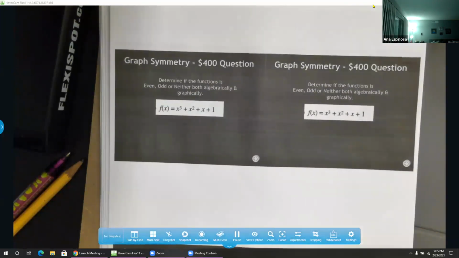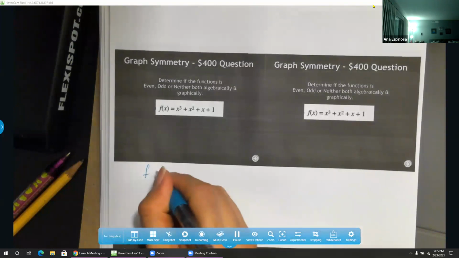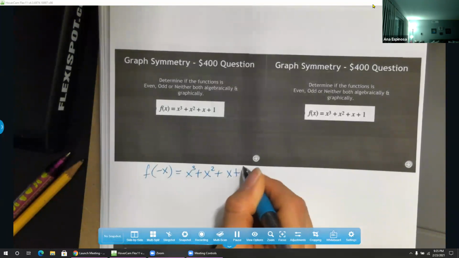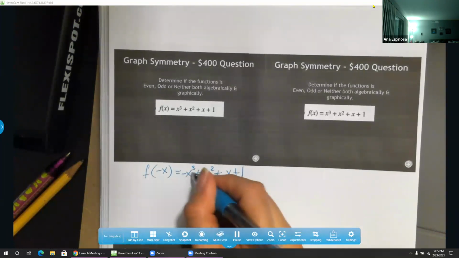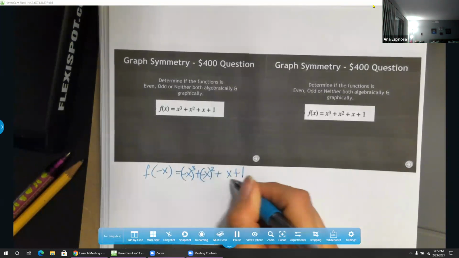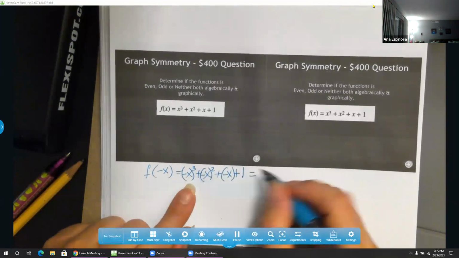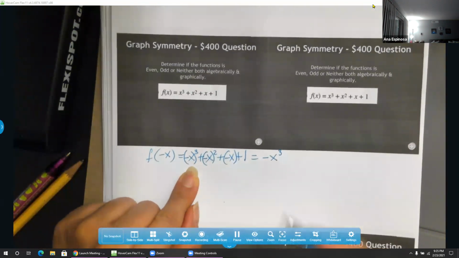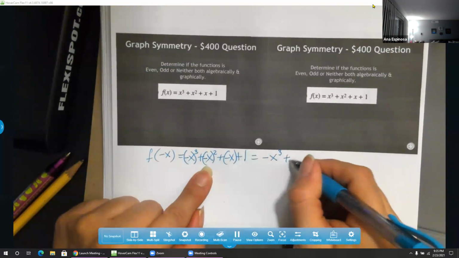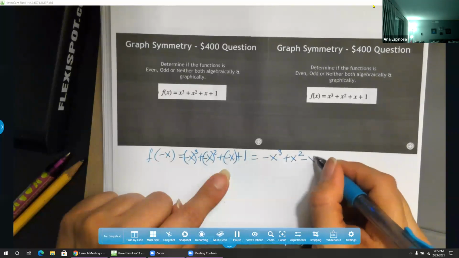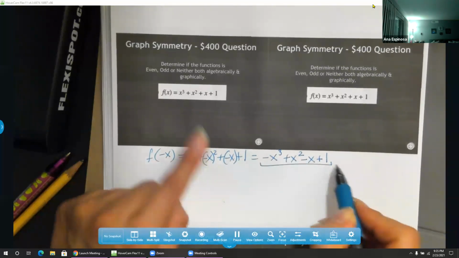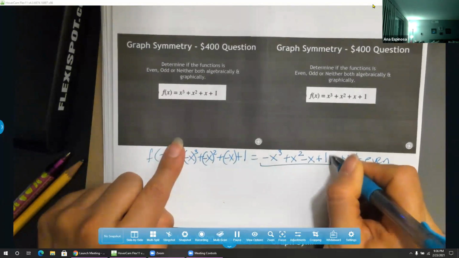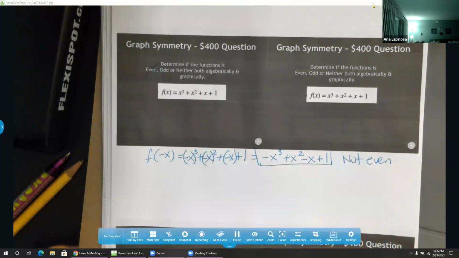This one says determine if the function is even, odd, or neither. Again, so you plug in a -x. Okay. Oh, I didn't do it. Sorry. Negative, negative, negative. Okay, so when you have an odd power, the negative comes out. You can drop the parentheses, negative comes out. When it's an even power, it gets lost. Negative stays, plus 1. You compare this to the original. That is not the original, so it's not even. Okay, so not even. You're going to test it for odd